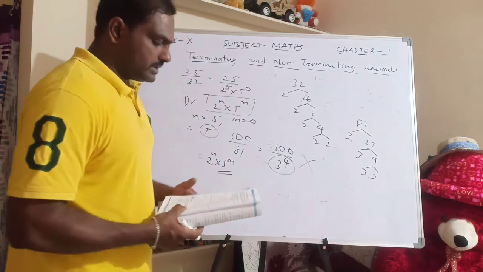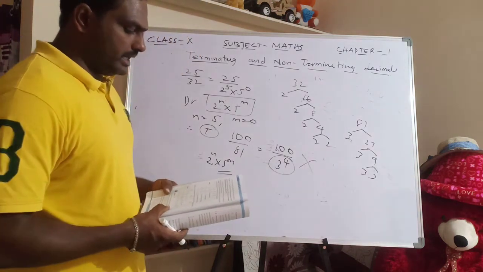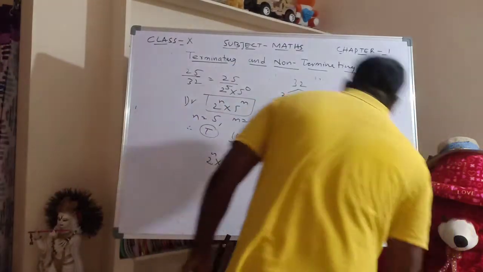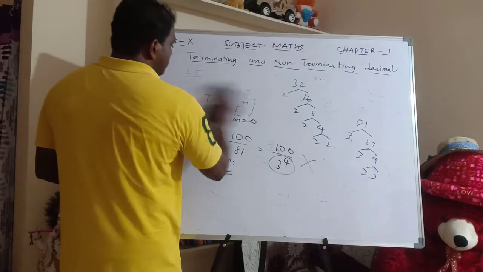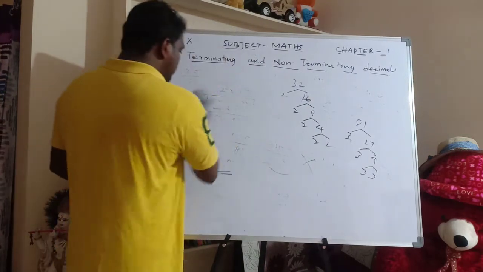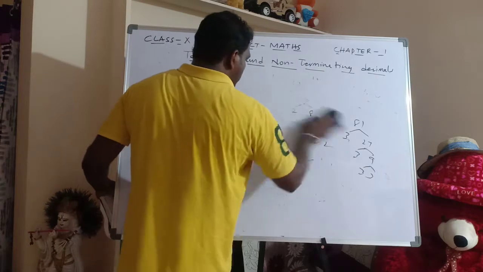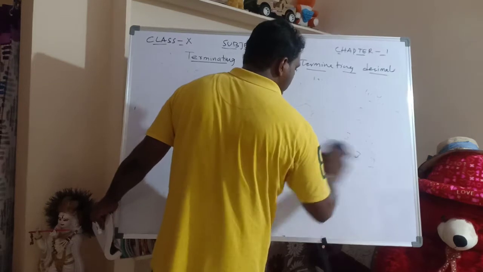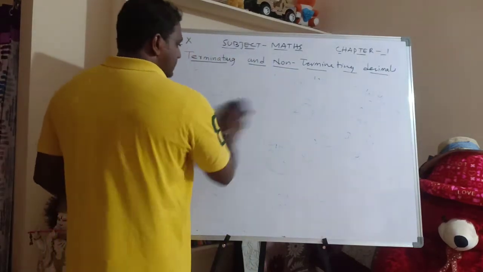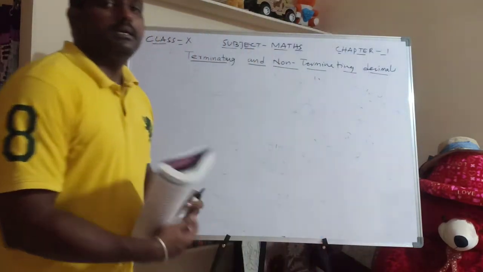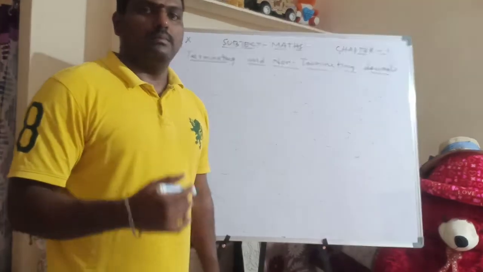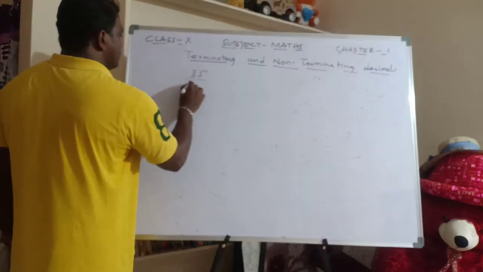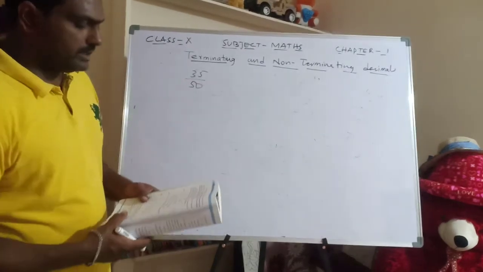And example number 6 also, look at this. Write the decimal expansion of the following without actual division. Without actual division. So now it's a reverse case. Without doing the actual division, we have to write in the decimal form. That one also I will show you how to write. It's very simple. Write the numerator in prime factors and write the denominator in prime factors. Then you can cancel it and turn it into multiples of 10. So look at this, 35 by 50. It is given. How to write without division?